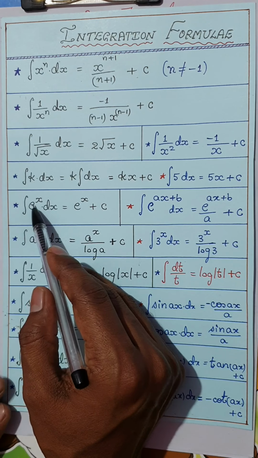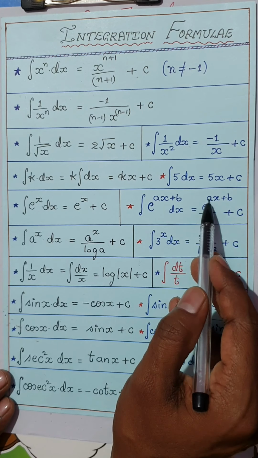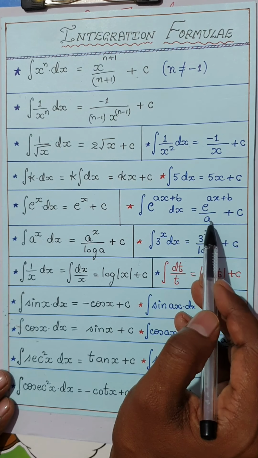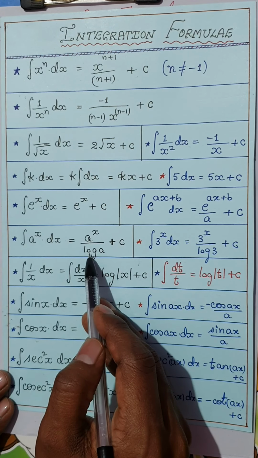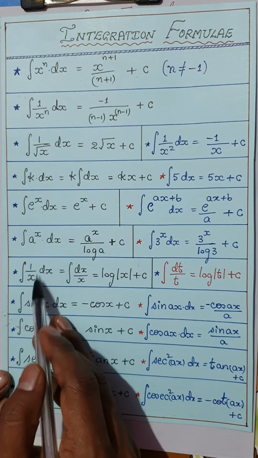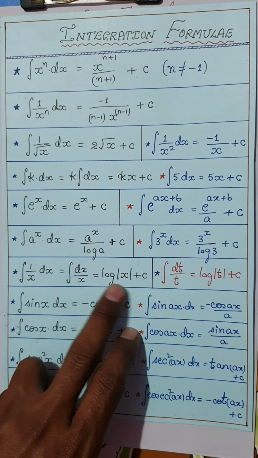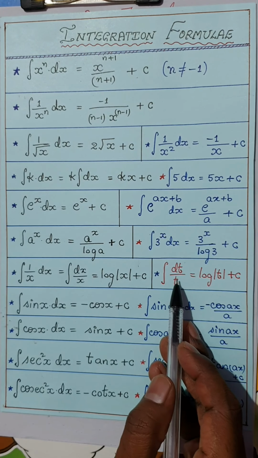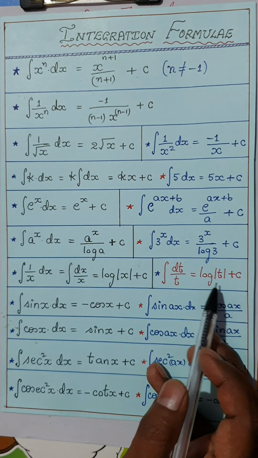Okay, now integral of e power x is e power x itself. In case you have e power ax plus b, it is e power ax plus b divided by a, the constant which is multiplied to x. Similarly, integral of a power x is a power x divided by log a, right. Next, integral of 1 by x dx, this is a very important one. Integral of 1 by x dx or integral of dx by x is nothing but log of mod x plus c. Sometimes if you substitute, you get an integral of the form dt by t. Integral of dt by t is log of mod t plus c.